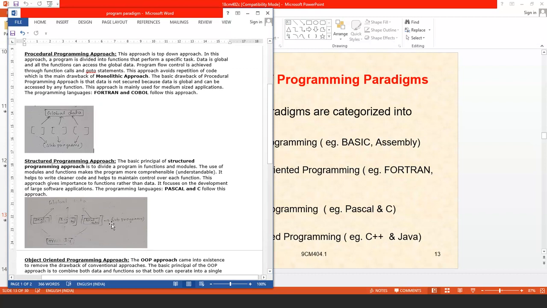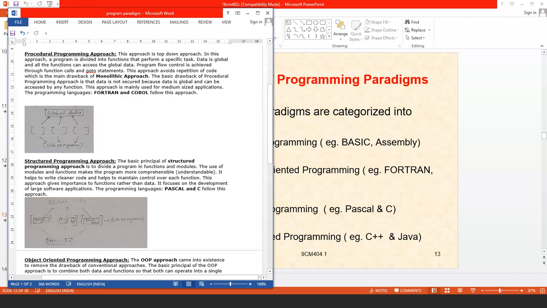And if you observe this diagram, these subprograms have some local data also. The global data is shared among all these subprograms, and each and every subprogram has its own local data. This approach gives importance to functions rather than data.